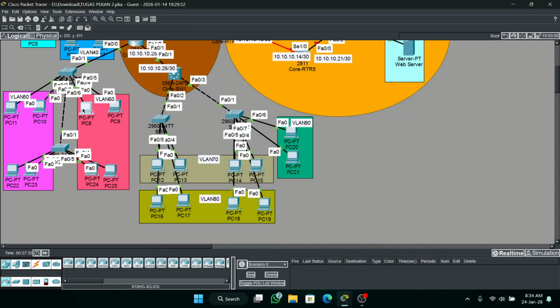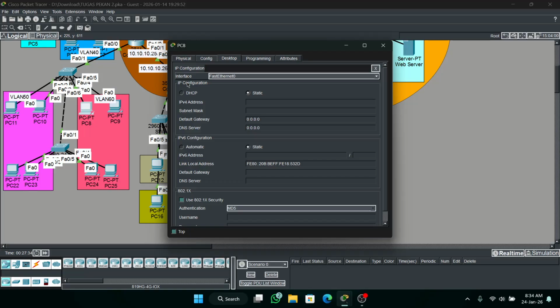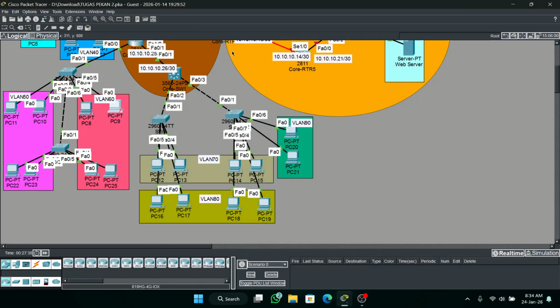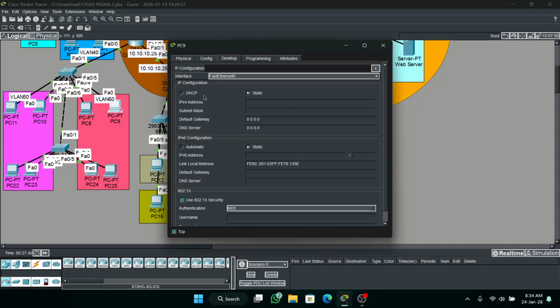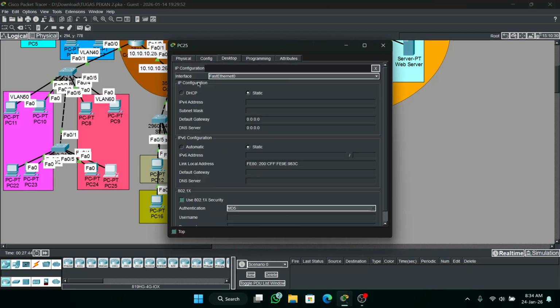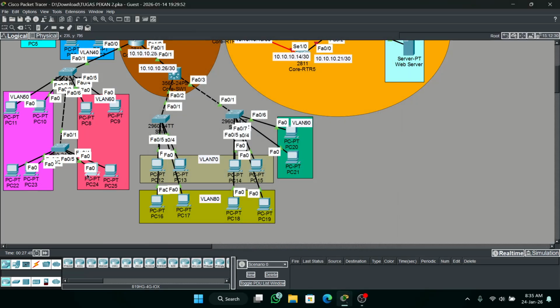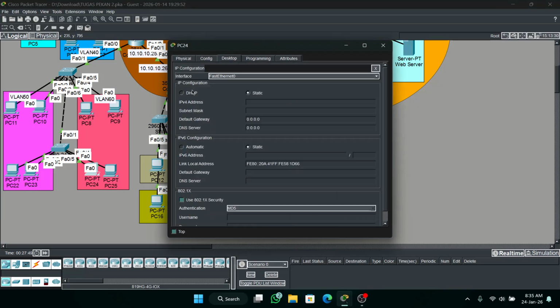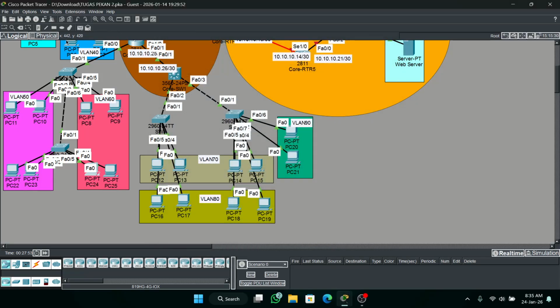Good. All requests successful. Okay, next make sure the VLANs can ping each other.